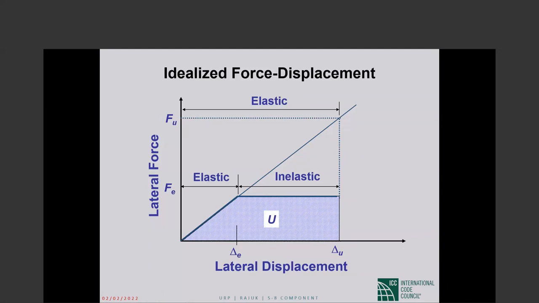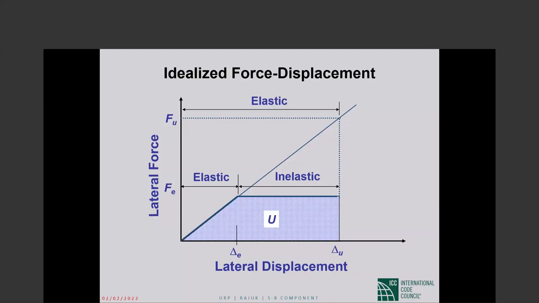We must have strength at least equal to F sub u for the structure to behave elastically in this earthquake. If we decide we cannot afford that high strength, that all we can afford is a much lower strength, F sub E,